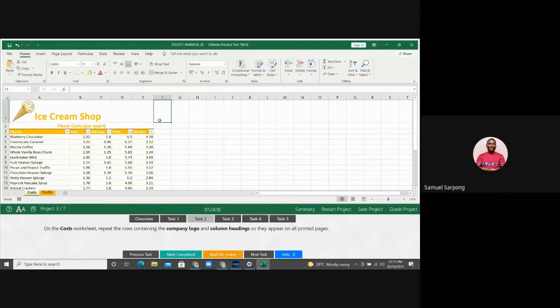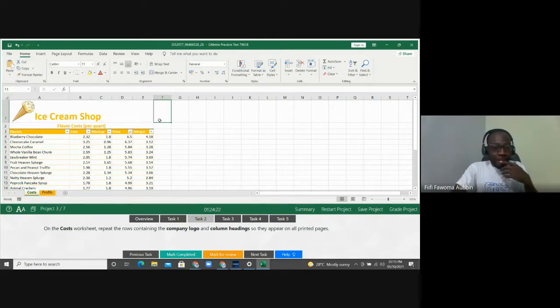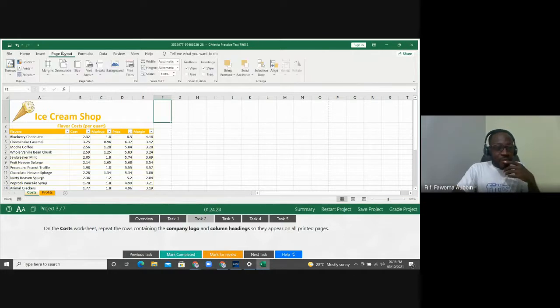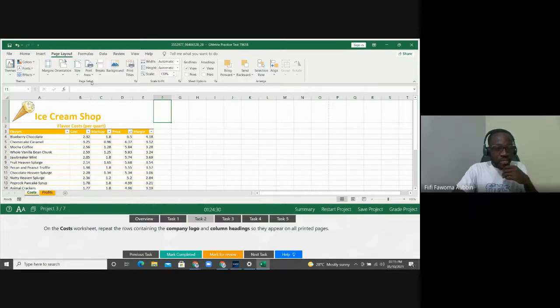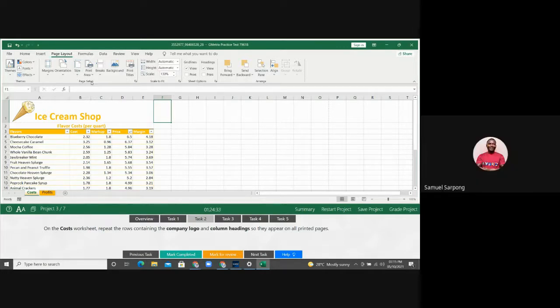Yes, I think it's at page layout. Page layout. So under page layout, you go to the page setup group. Yeah, so the small icon that is there, I think you click on the icon so that to give you